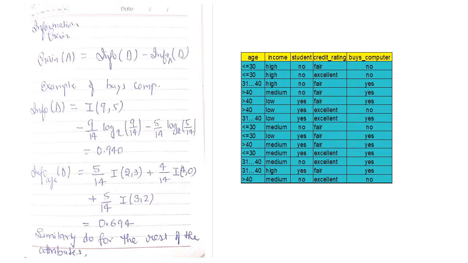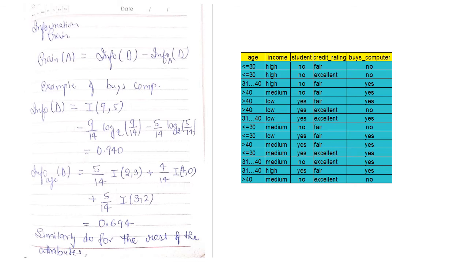So how do we calculate information gain? For a particular attribute, gain is calculated by subtracting the information of the attribute on D from Info D. Let's take the example of buys computer. If we calculate on buys computer, there are 9 cases in which a person buys a computer. So the information we get from buys computer, if you look at the figure and calculate yourself, you will be getting